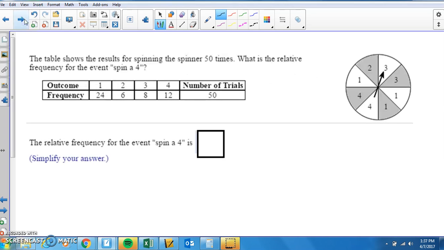So what we're going to focus on are several different problems here. These are going to be similar to the problems you're going to do on digits, so I'm just going to go through them. Since the table shows results for spinning the spinner 50 times, you have the spinner on the right, you have the outcome, and the frequency below it in the table. What is the relative frequency for the event spinning a 4? So we know that the formula is